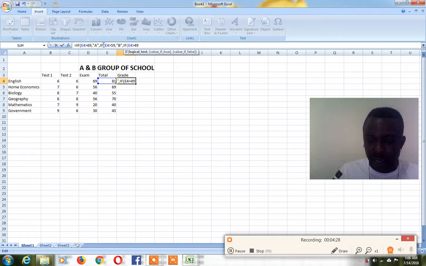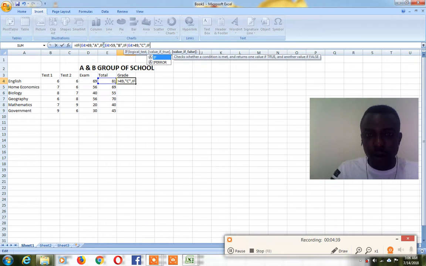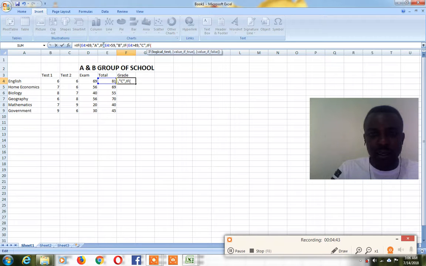it's greater than 49, comma, open parentheses. What do you want to give to this person? C. What do you want the computer to give? You close again, comma, use your IF command again, then you open a bracket. Then if E4 is greater than, as before, let's use 44 now, bracket, comma, then parenthesis again, what